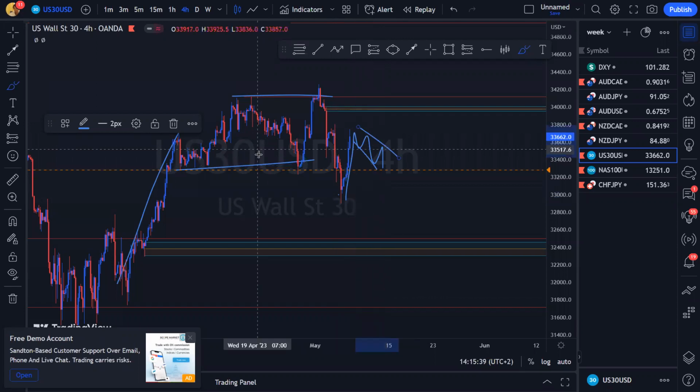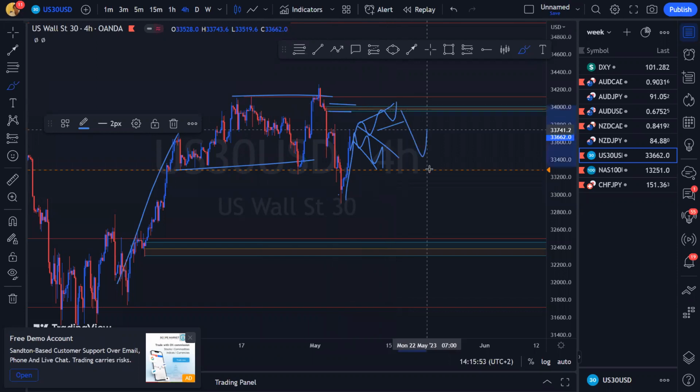For us to be able to sell, I've isolated a young POI there on a 15-minute. All we're going to be doing is waiting for price action to come and give us some sort of a structure that terminates inside of our POI. If we do get one, then that's our reason to sell from the high of this range. So simple enough for US30, I do have directional biases in both directions. All we need to do is wait for price action to come to one of the extremes and give us a reason to take action.